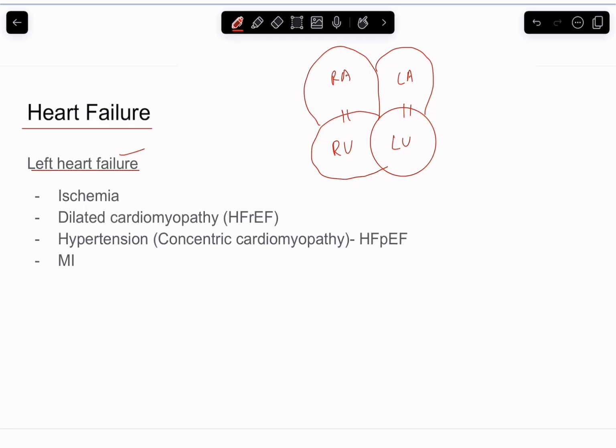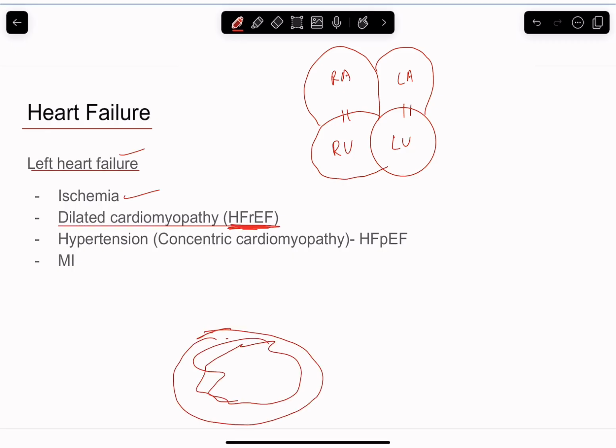This can be caused due to ischemia, as ischemia can result in death of cardiac myocytes and formation of scar tissue. That scar tissue won't function normally, so the overall left ventricle will not be able to function normally. Also, dilated cardiomyopathy can result in heart failure. So dilated cardiomyopathy is basically when your left ventricle undergoes eccentric hypertrophy, which will cause the lumen to increase but the cardiac muscle strength to decrease. Okay, so it will store lots and lots of blood, but the forward